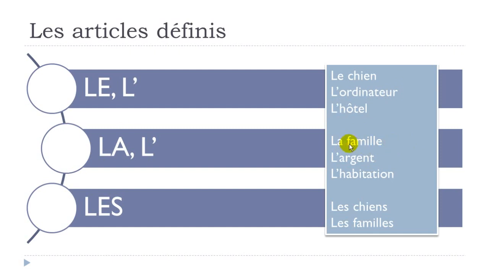Feminine form, la famille, okay? So no problem, so family, la famille, okay? Then we've got argent, money, argent, for the same reason, so l'argent, okay, you get to take this A away, l'argent, and same thing as previously for the masculine part, even if you've got this H, then the first sound you hear is A, okay, so for the same reason you will have to take this A away, and then you get this l'habitation,